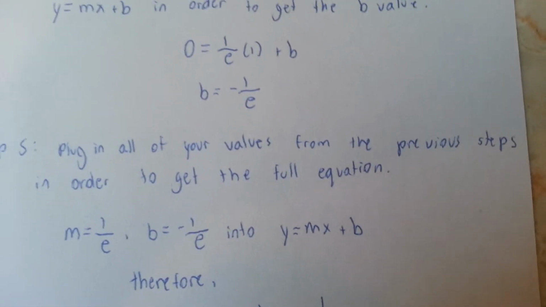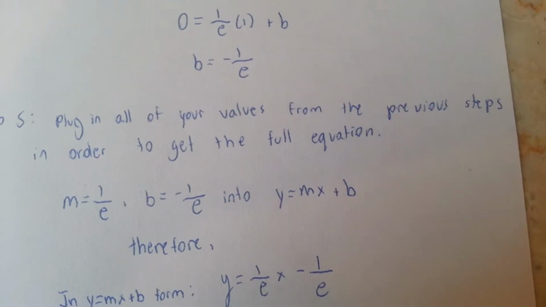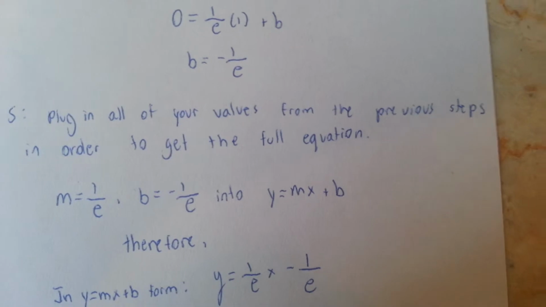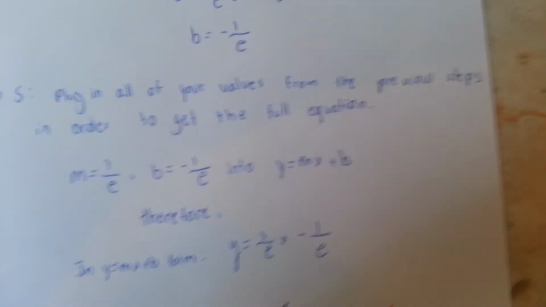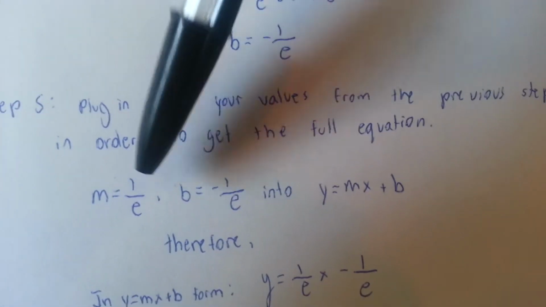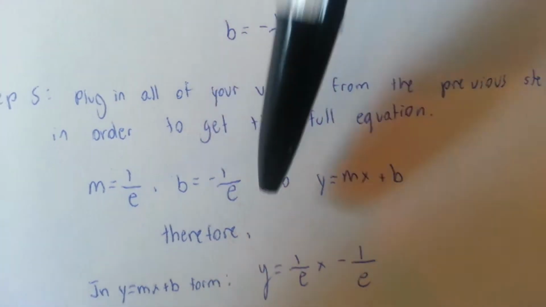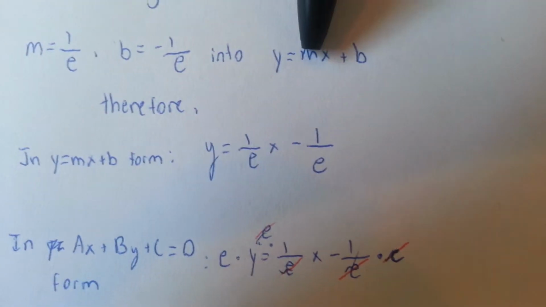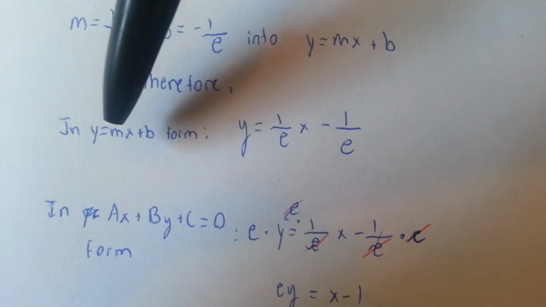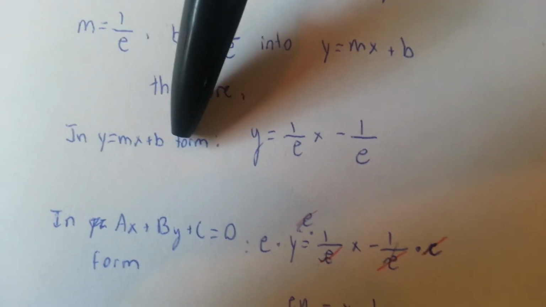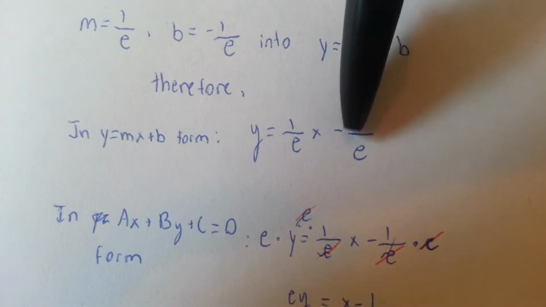So the fifth and final step is to plug in all your values from the previous steps in order to get the full equation. So we don't really need the x and y, the point that we originally got, because we're not solving for anything. All we need is the slope and the b value. So therefore, in y is equal to mx plus b form, y is equal to 1 over e x minus 1